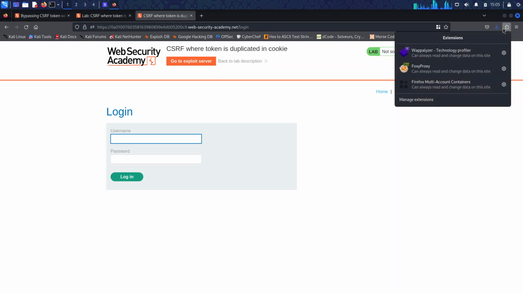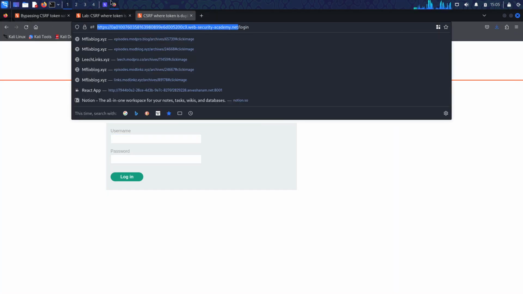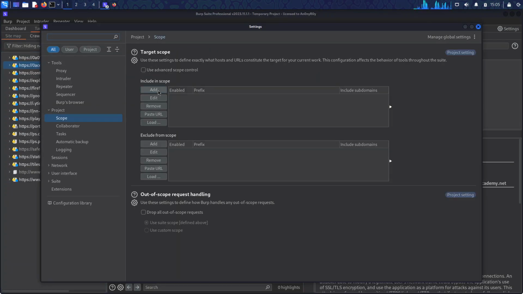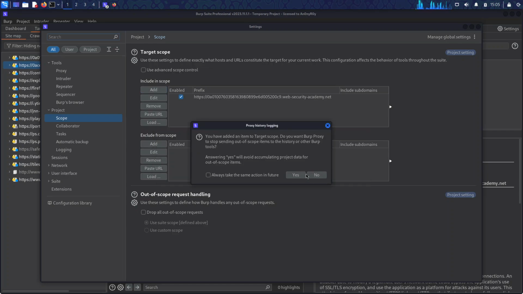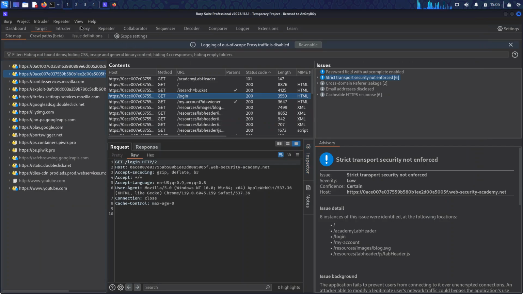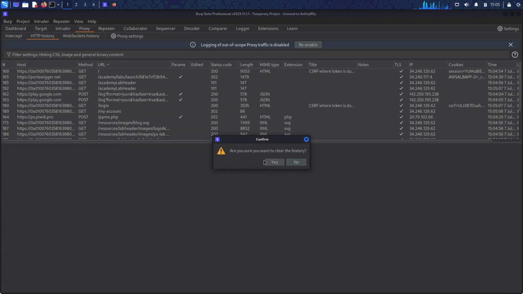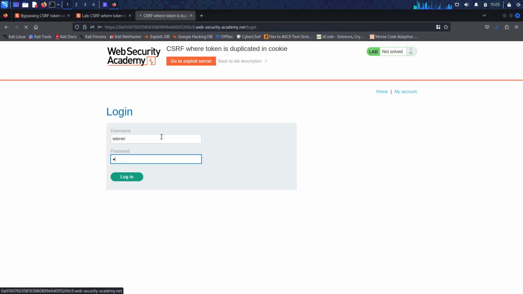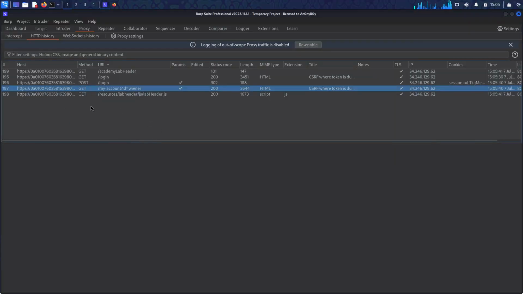Let's directly go to my account and log in with our credentials. Before that, I'll set the target so that it doesn't intercept unwanted requests. Let's go to proxy. I'll clear all the history over here and let's reload it. Yeah, it is working. So after login,